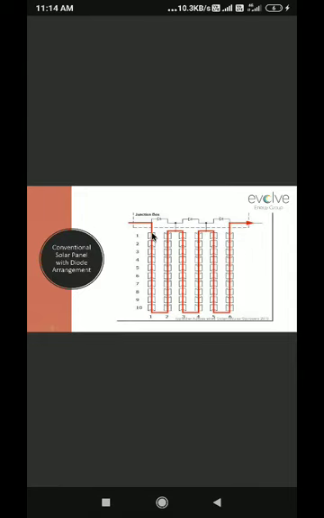You can see the solar panels that come nowadays are mostly of 6 columns. Why? Because placing the diodes will be very easy, and it makes the design very intact to put all the diodes in a single terminal box, and we can get the output from the terminal box. This is the normal conventional solar panel that we are getting or installing at a site. So it has 3 diodes with 60 cells. For example, we are taking 60 cells here. See, there are 10 cells and 6 cells. So it is a